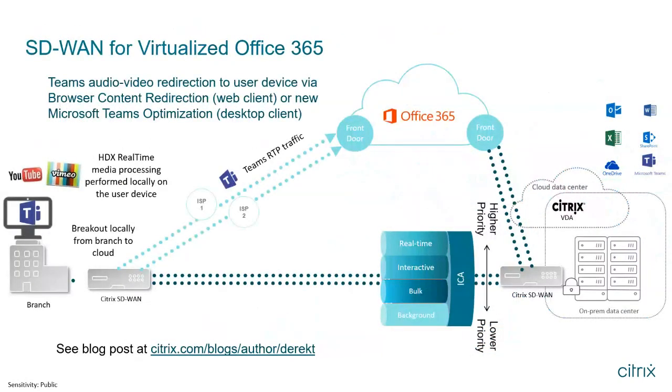And then here's kind of what we talked about a little bit earlier, where we're treating multiple paths for that virtualized Office 365 experience, where if you were in fact to be that Citrix Workspace user at that branch office, which is a very popular use case, we're not only going to optimize your ICA traffic back to your on-prem data center or up to the cloud data center that you may have, and treat that and all of the interactions that you have within that ICA appropriately, but we're also going to then, through Teams optimization, break that traffic out separately and contact potentially a different front door